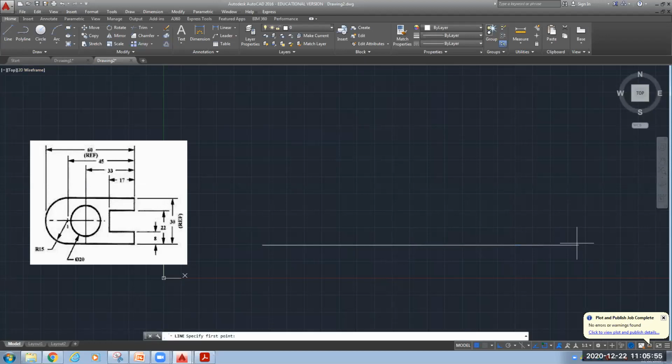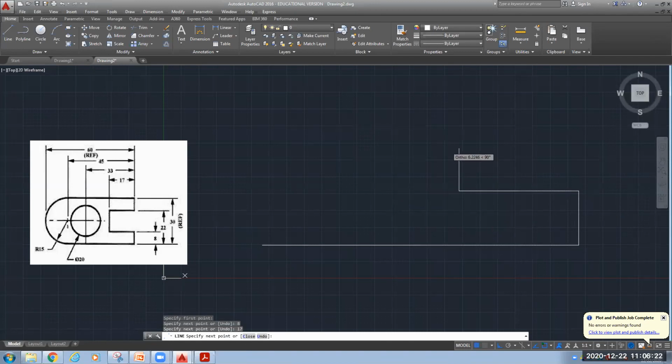Take the line command from this end. I want to move vertically; the distance is 8. Now on the horizontal side, the distance is 17. The dimensions are the same as in the previous figure; the only thing we are adding is these two circles. So this is your 17.